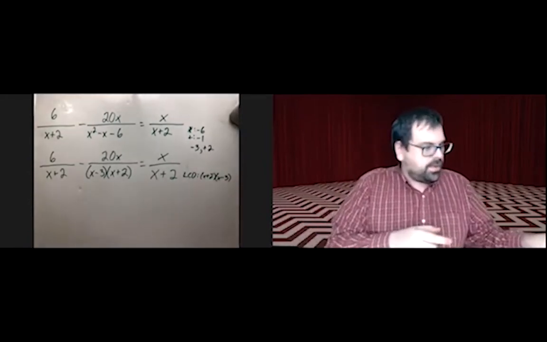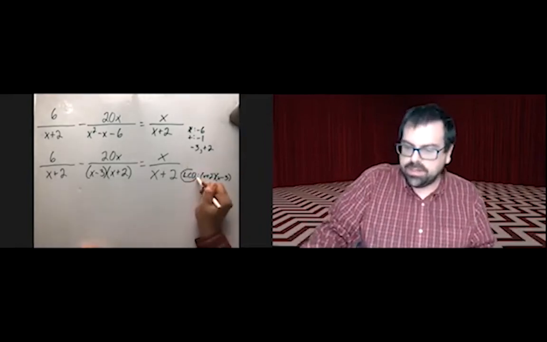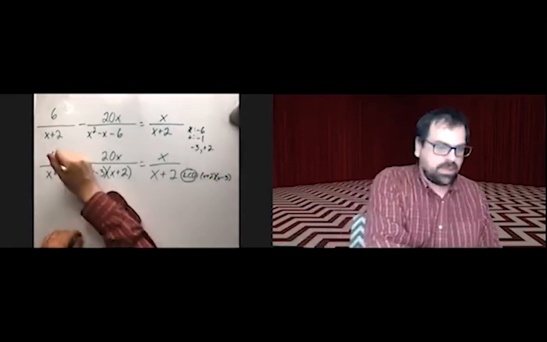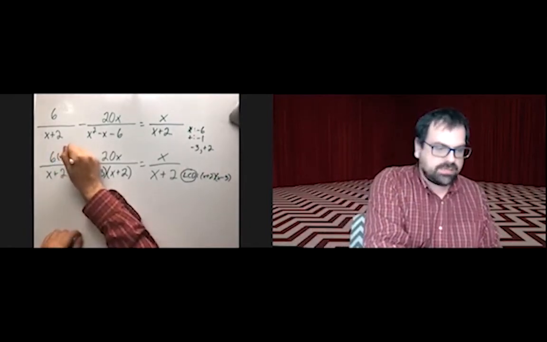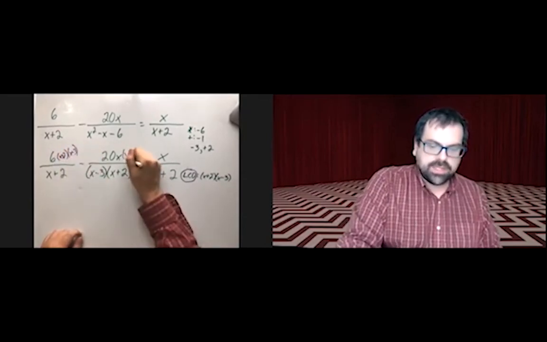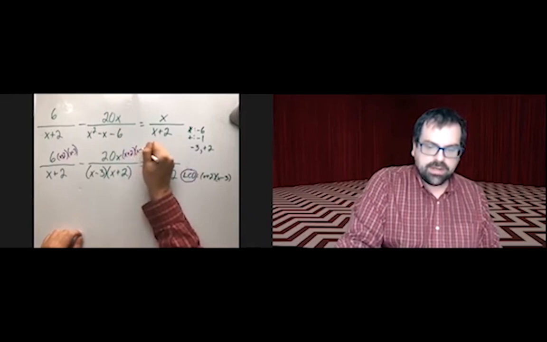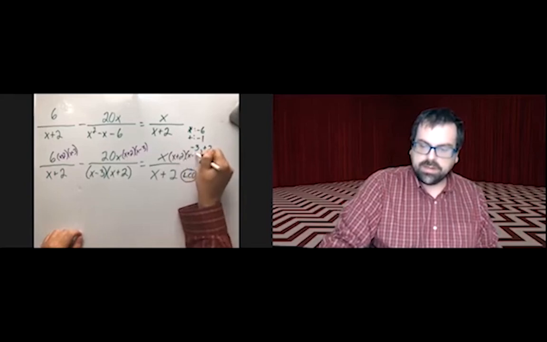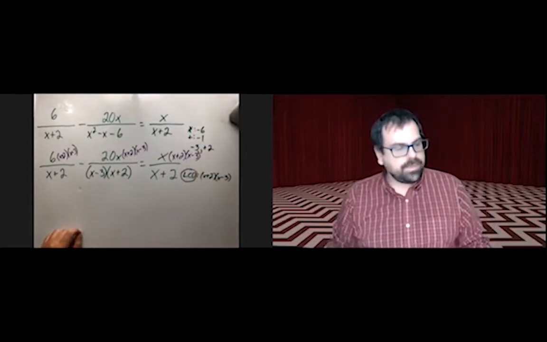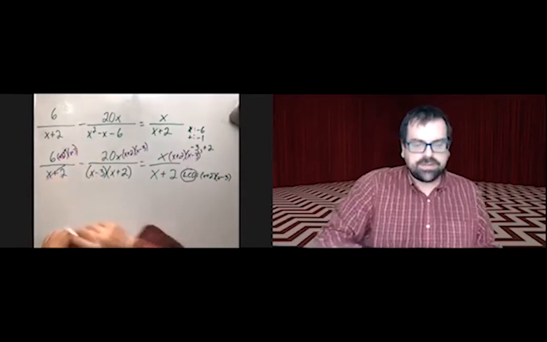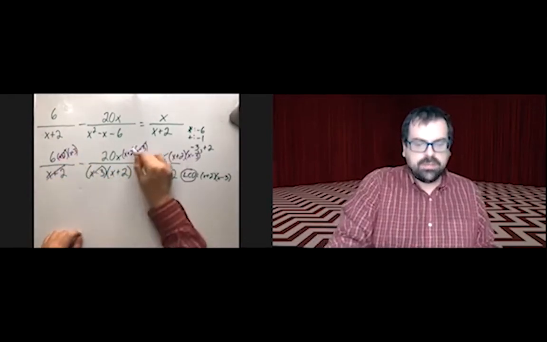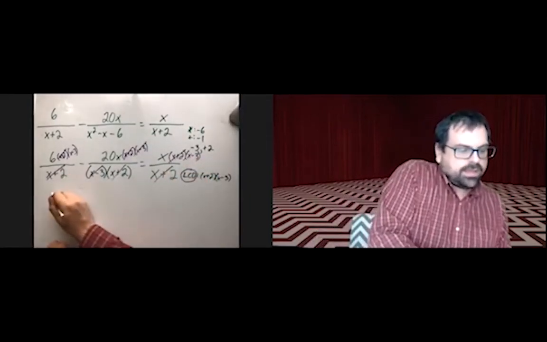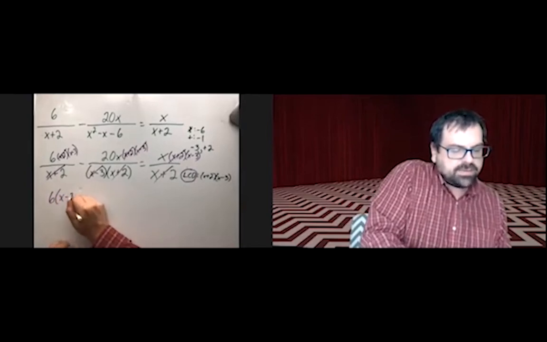What do we do with our LCD? Hopefully this repetition is paying off, and you know we just shove them in the top. x plus 2, x minus 3 over each term. The x plus 2's cancel. They both cancel. And the x plus 2's cancel. Leaves us with 6 times x minus 3